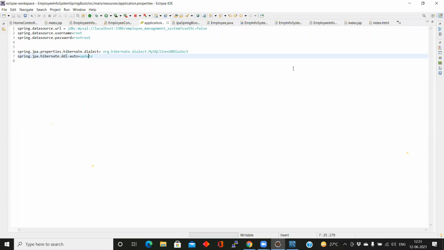This is the first step. We are going to set up the backend. Step one, we have to create a database name. Next, we are going to set up the application properties. Which things will we set? First, the database URL. Second, username. Third, password. Then Hibernate dialect. These are the things to set up in the properties file of the Spring Boot application. Is it clear?